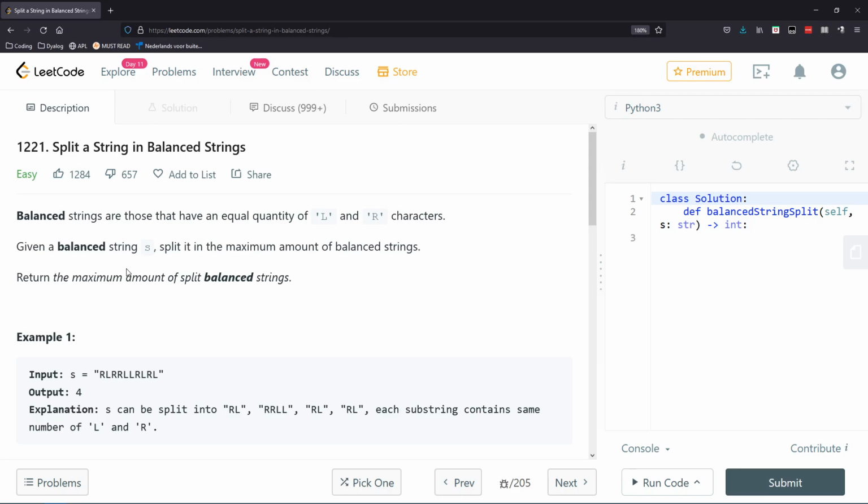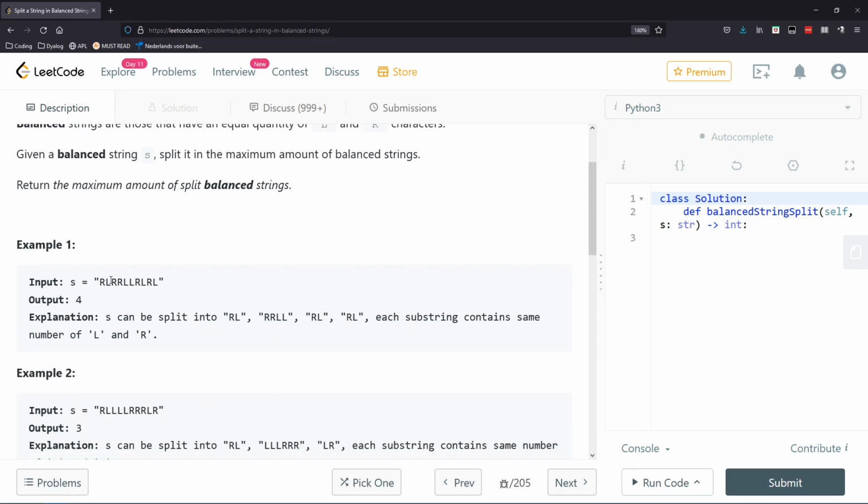And it is because I've already read the problem statement, and the problem statement says that a balanced string is a string that has an equal quantity of L and R characters. And they say, well, take a balanced string as input and try to split it in the maximum amount of balanced strings possible and return that number. So we don't need to return the split string or the smallest of strings, we just need to count how many I can create. And as an example here, they give us this balanced string,